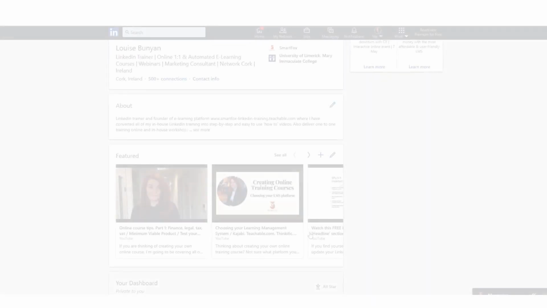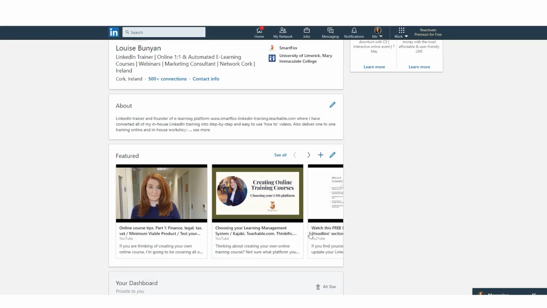The featured section on LinkedIn is a really cool new section where we can add in links, or we can add in media to showcase our work. So you can feature posts that you've created or articles that you've published on LinkedIn, and different types of media like images, documents, and links, for example, YouTube links. And you can include as many samples of your work as you want, and you can manage what you'd like to feature by adding or removing the content at any time.